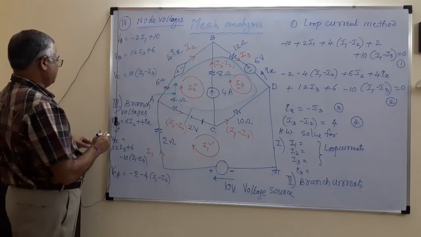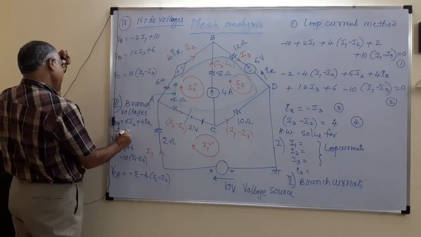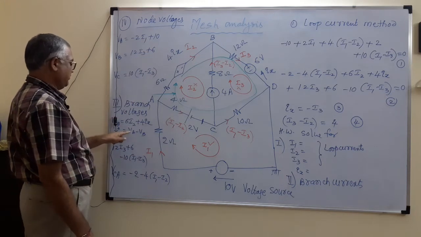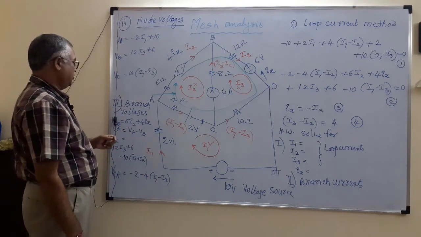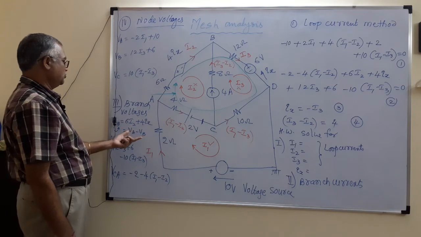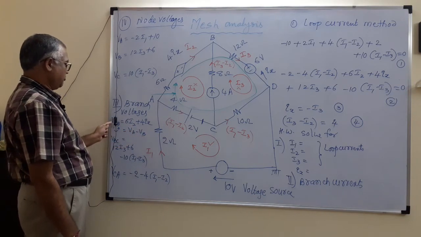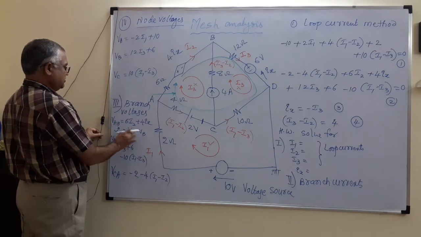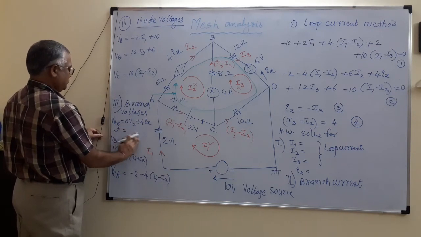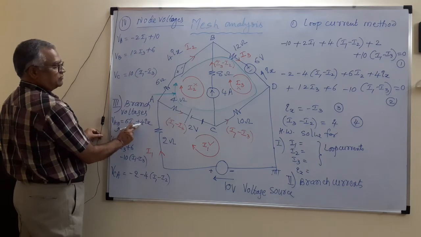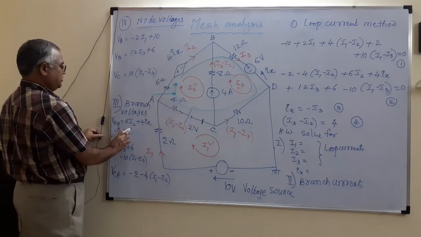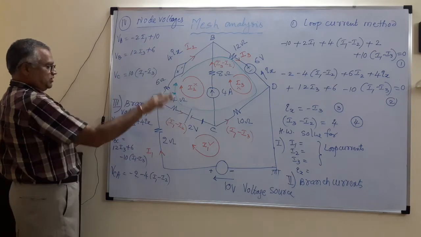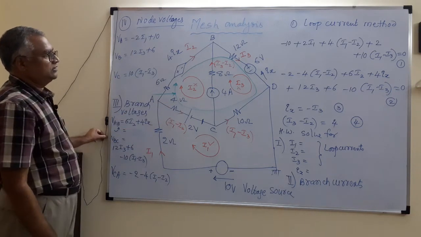In nodal analysis, how do we find branch voltages? By doing VA minus VB. But in this mesh analysis, VA minus VB is no use. Why no use? VA, VB we don't know. Formula-wise VAB equals this, okay, but it is not useful here. So you have to find it with the help of loop currents, not with node voltages. This is the order you have to follow compulsorily.